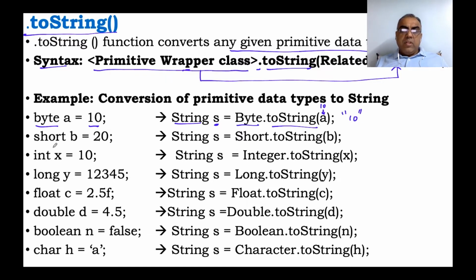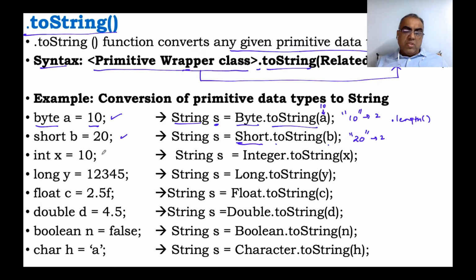Okay, now same thing with short also. Short, if I have b is equal to 20, S capital, of course, because it's a wrapper class, Short.toString(b) is 20. So after this line 20 has become string. So it has lost its numeric weightage. Numeric weightage is available only in a and b, but s will contain the string value. Now on them any string functions can be applicable. In case you've done string in your school, then you can apply something like dot length. Dot length, this will also give you 2 and this will also give you 2, because there are only 2